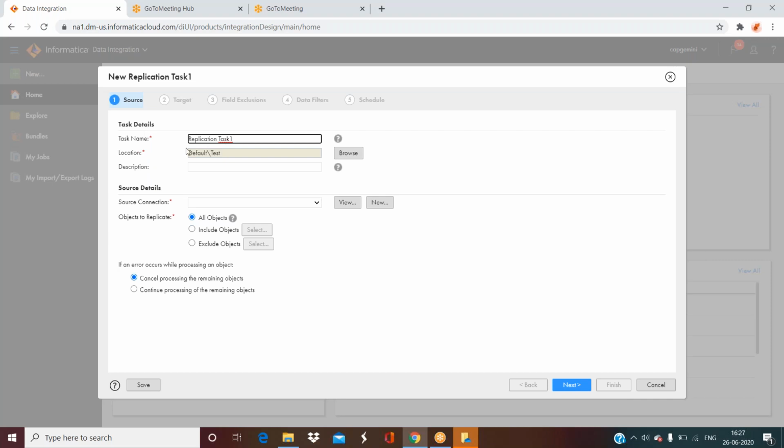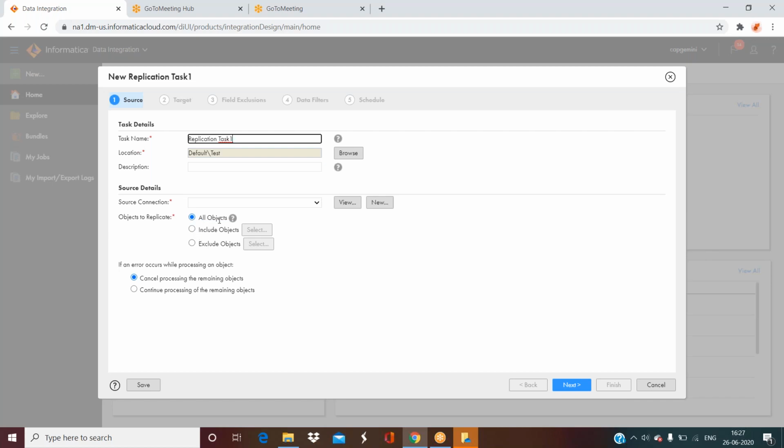You have to provide the task name and the location where you want to store this replication task, and then the source connection. What is your source? Either it's Salesforce or any cloud-based application or any relational database. You can select the source connection. And here we have options like objects to replicate. There are 3 options.